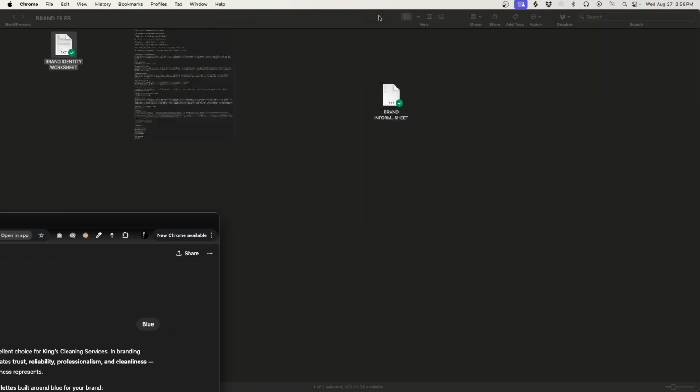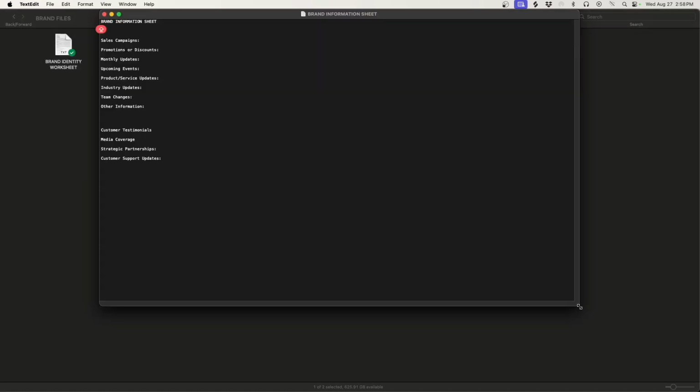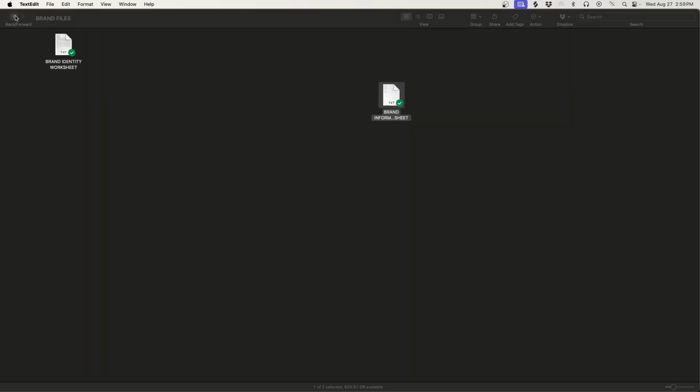Once you have that finished, we're then going to look at the brand information sheet. As you see with the brand information sheet, this is going to work more as a living document. You may want to come in and update this weekly or monthly with any updates to promotions, campaigns, upcoming events, and things to that nature. For now, to keep this simple, I'm going to go ahead and not fill anything out on this. We'll close that out. And now we have the files needed to go ahead and install our AI employee kit